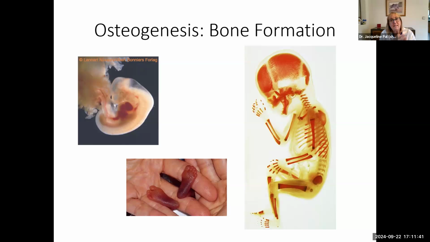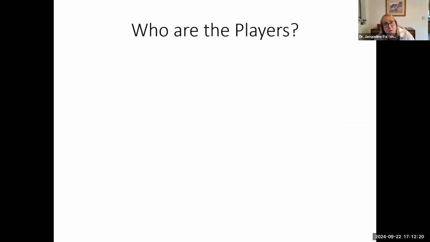And in fact, bones continue to form all the way through adolescence and some all the way until about age 25. And then after that, throughout the rest of your life, you're going to have a lot of remodeling. Anytime there is stress, they can change shape, they can change their size, and they can change their strength. Like if you become an athlete or you start working out in the gym, the density of the bone will increase. And of course, if you have a fracture, bone repair will occur. Okay, so let's go ahead and get started.